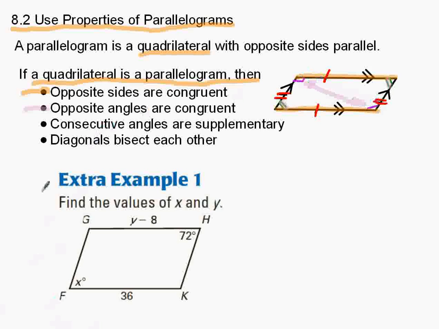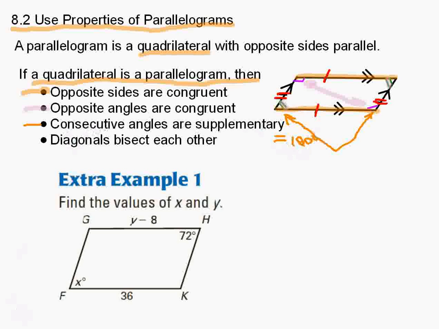Third property we're going to work with is that consecutive angles are supplementary. So a pair of consecutive angles would be these two. Alright, so these consecutive angles are going to be supplementary, meaning that the two measures added together are going to equal 180 degrees. Alright? And there are four pairs of consecutive angles. See if you can find the rest of them